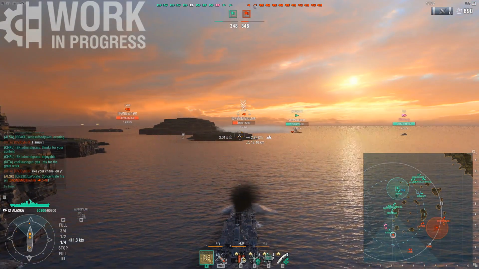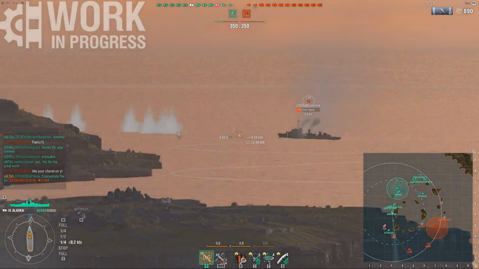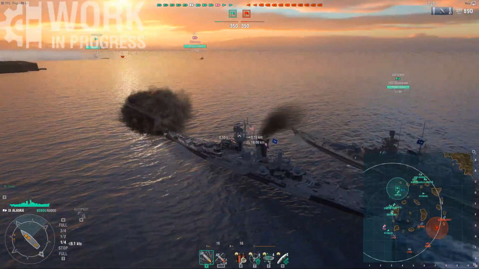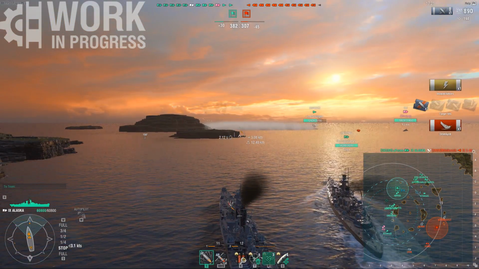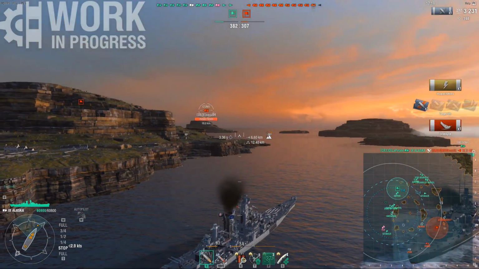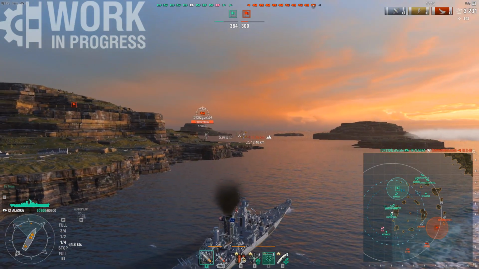The slow reload means that even with the radar, if you don't land a big initial volley on a DD like here, you're going to struggle to do a lot of damage to it. This DD was kind enough to slow down to allow me to actually blap him, but most of the time, if you miss your initial volley, a DD has like 20 seconds to disengage before your next volley